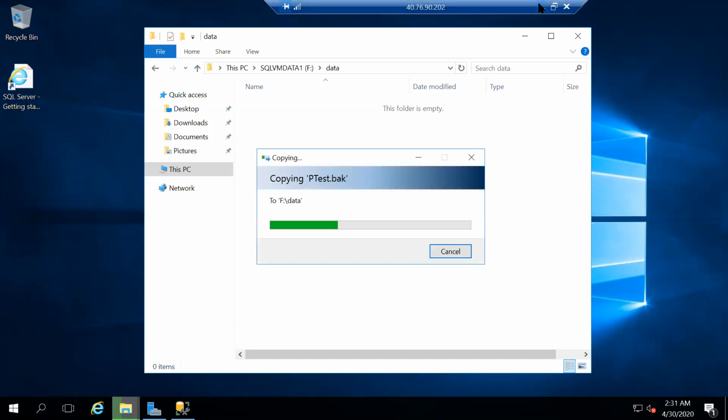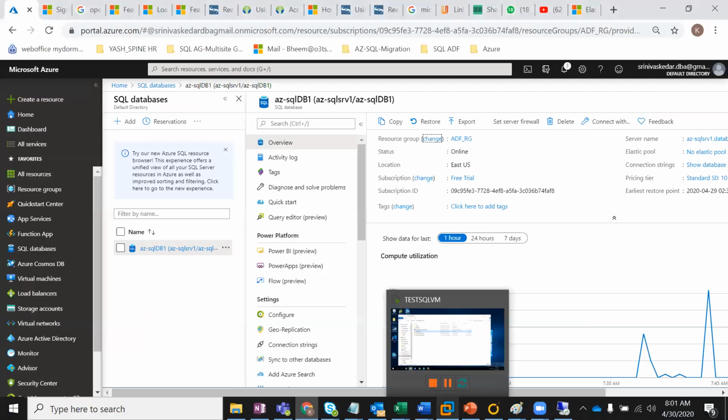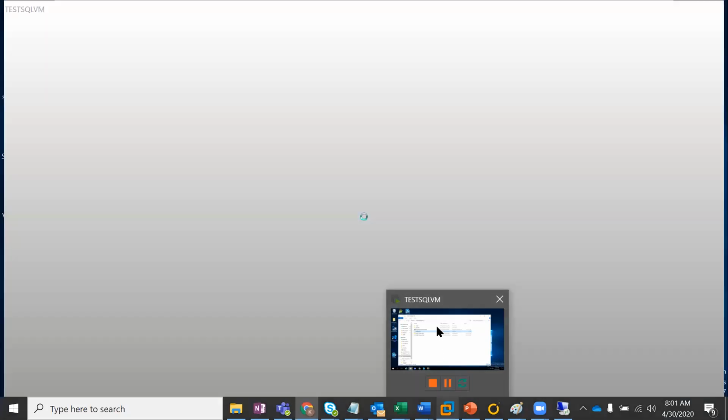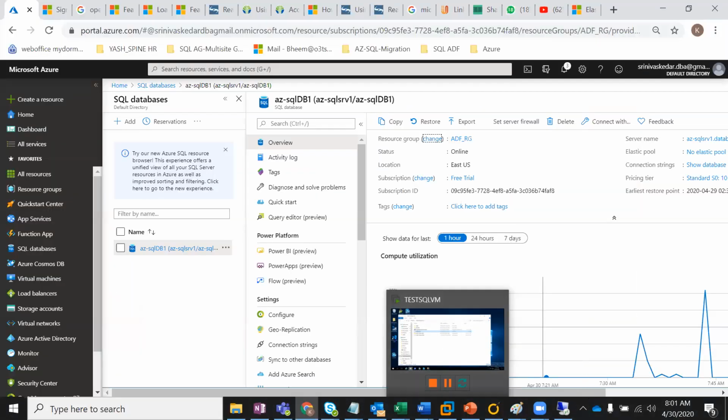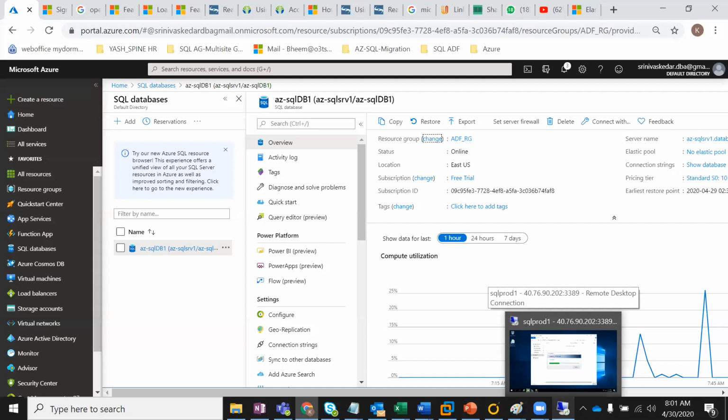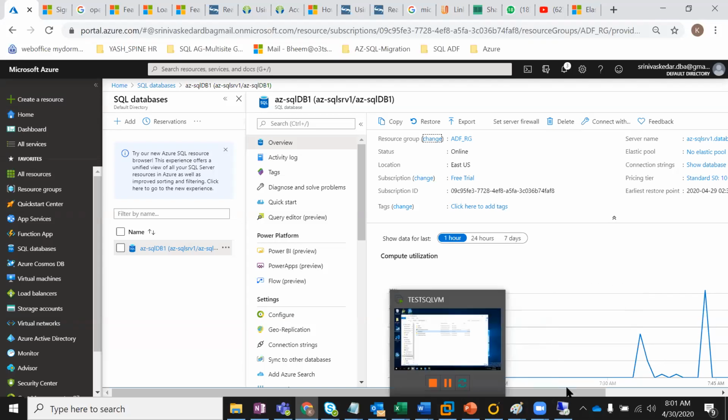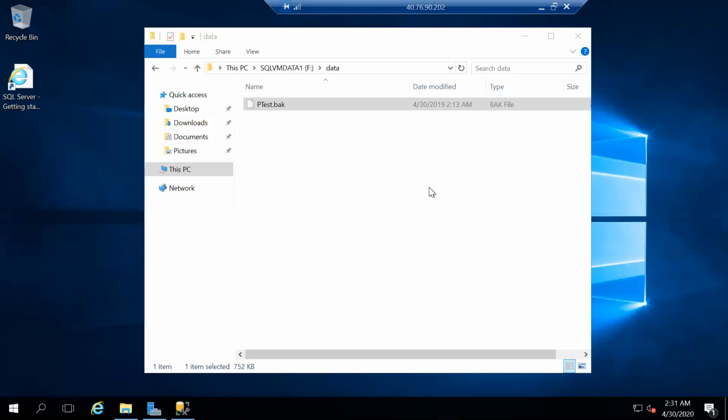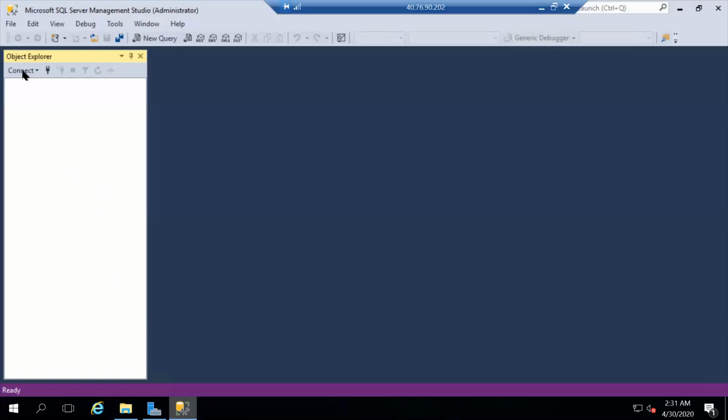Just before, what I did was I tried to copy from my local workstation to this IaaS VM. Because of bandwidth and permission issues, it was not accepting. But now from the local server system to here, we are able to copy.